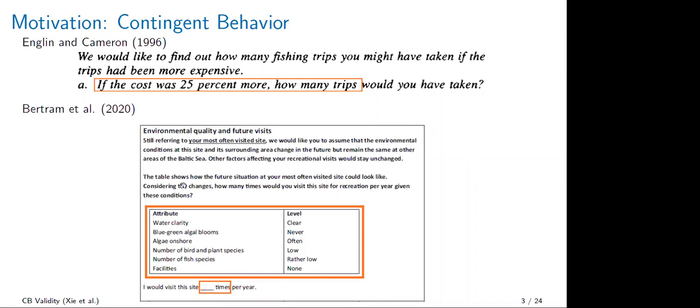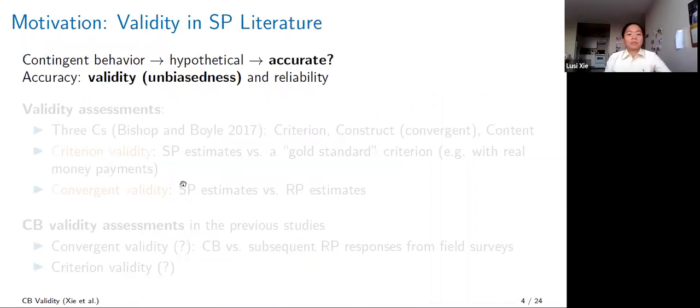So regardless of that difference, contingent behavior is still a stated preference method that is hypothetical in nature. And the question will be how accurate they are. And in social science and also in non-market valuation, the true values or true intended behavior are not easily observed. So the accuracy is usually measured by validity and reliability. Validity is the focus of this paper, and you usually